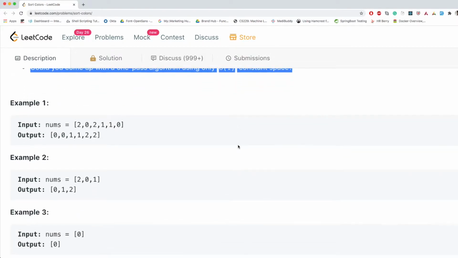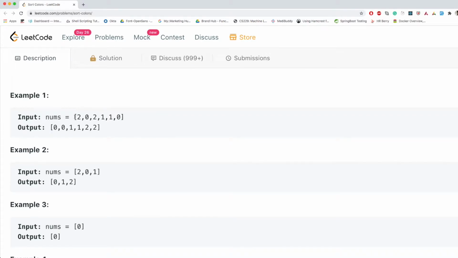Okay, so let's see what the input format and the output format are. For example, if your input array is 2, 0, 2, 1, 1, 0, then the output should be 0, 0, 1, 1, 2, 2. So here in the example we can see we have an array of numbers, 2, 0, 2, 1, 1, 0, but the expected output is 0, 0, 1, 1, 2, 2.